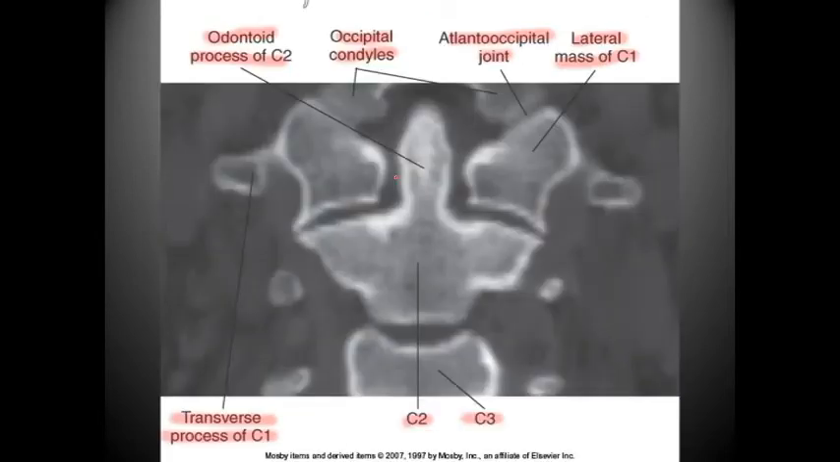Here is what it looks like in terms of CT. We can see we have the odontoid process here. So all of this is the odontoid process. We have the body, C2. We have the superior articular processes. We have the intervertebral disc, and